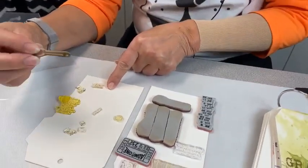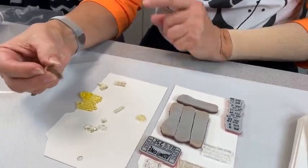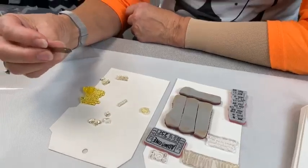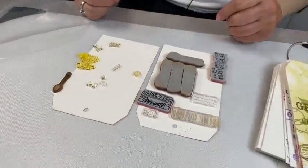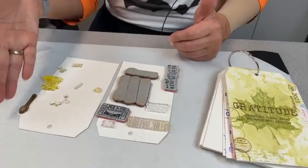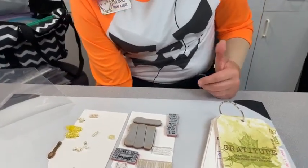I found this spoon, and it was a lone spoon. Oh, I know. It was with a Get Well set that had soup. So there was only a spoon. I'm like, why is there only a spoon? And surprisingly, that spoon fit right on my tab. I'm like, that is perfect for the tab. So you don't have to put your date on every one. I'm finding really fun, creative things to put on the tabs, and it makes me happy. I don't know why. When that spoon fit on there, I was like...